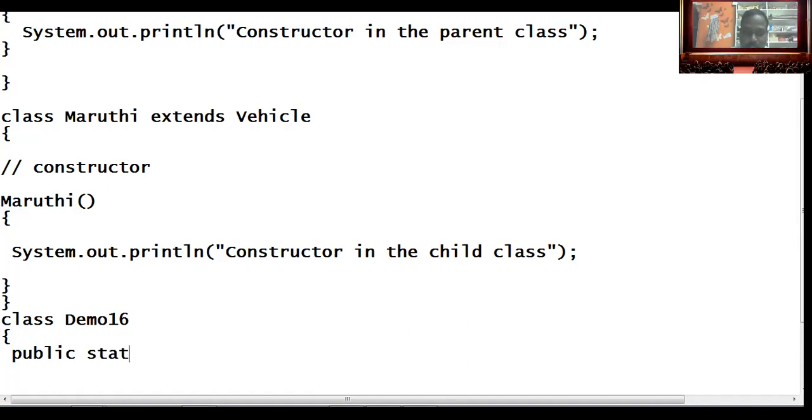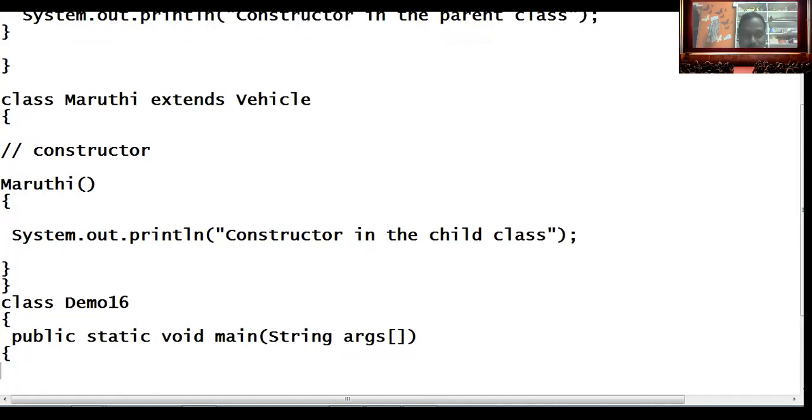I'm going to create an object for the subclass Maruti. Maruti m1 = new Maruti().